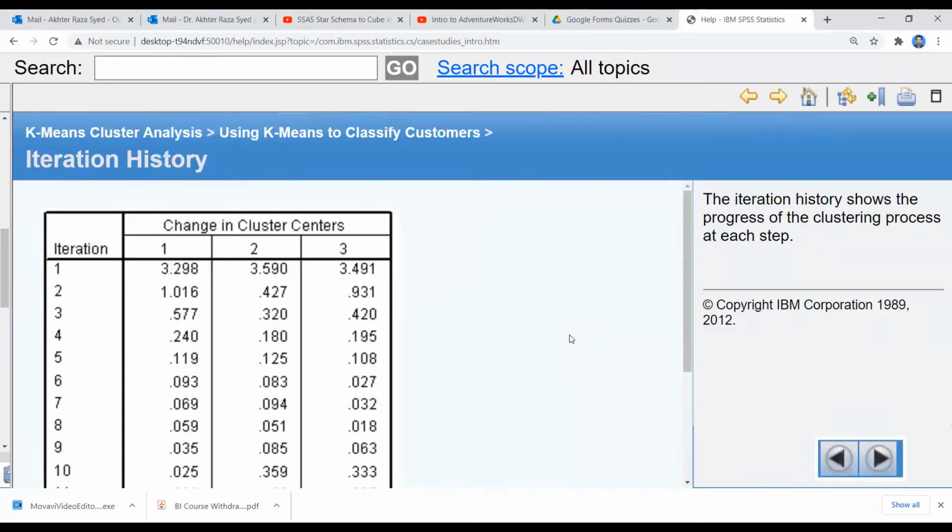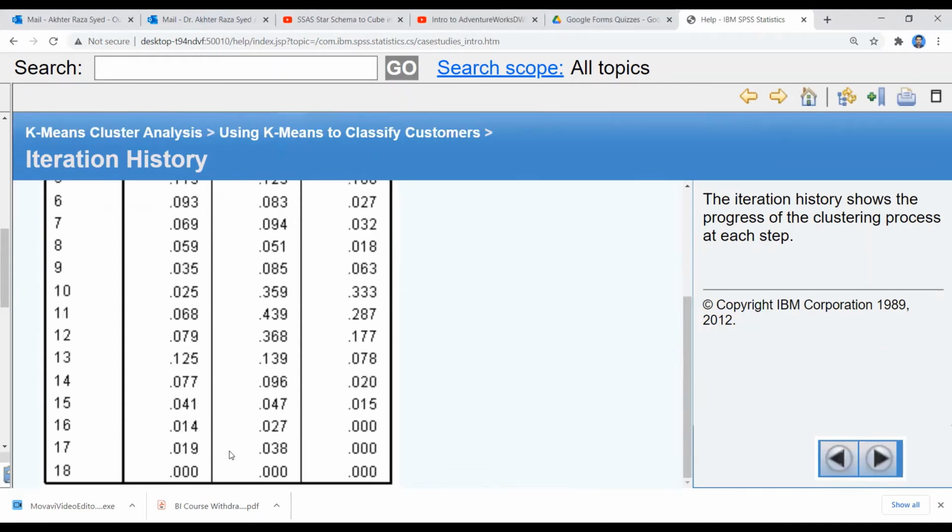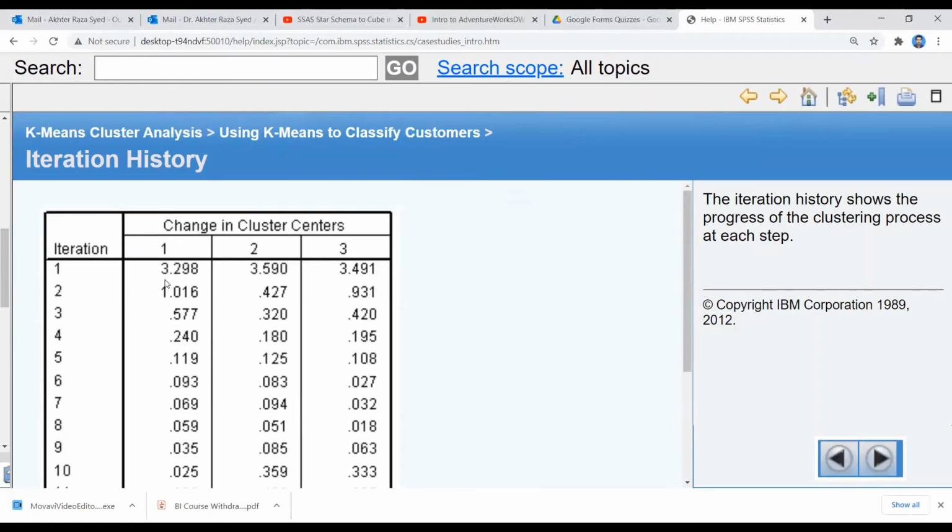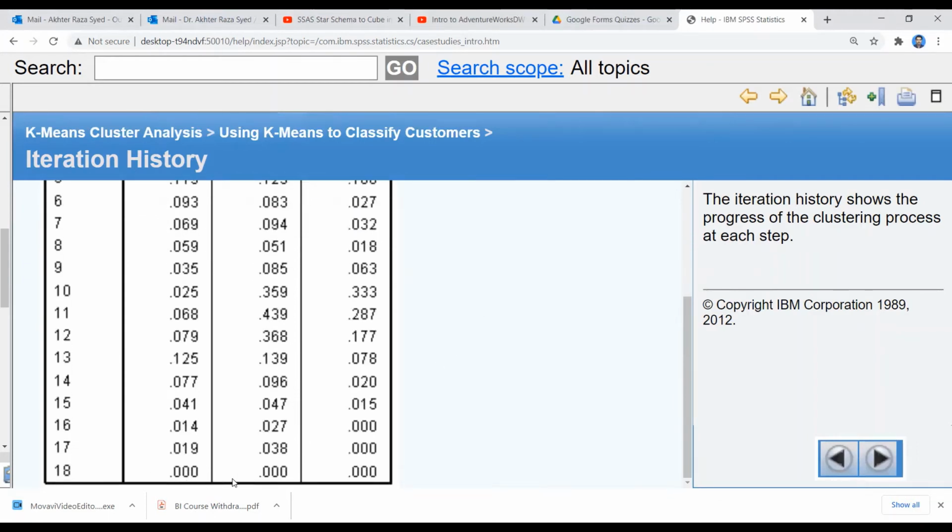Now we can see the iteration history here, the progress of the clustering process at each step. We can see the changing cluster centers over 18 iterations. Initially we have higher distances in the cluster centers, but that stabilizes and we have a zero outcome there.